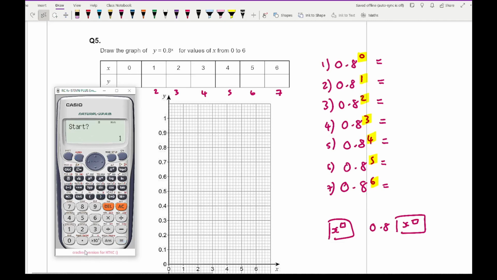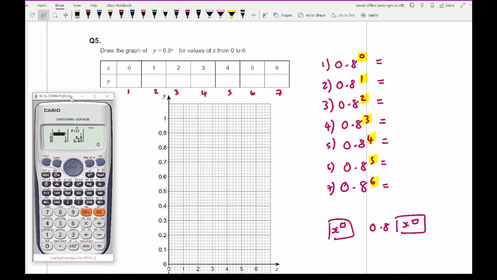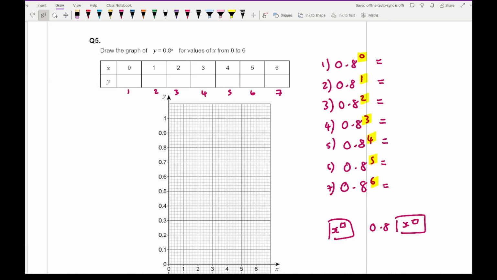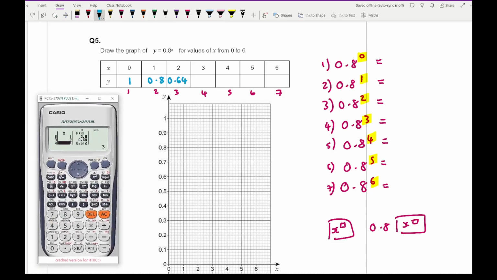Now my starting value is 0 and my end value is 6, and if I press equals, step is going up in 1, so that's fine. And there you can see on your f of x column it tells you the values you need to substitute in. So looking at the calculator, when x equals 0 it's going to be 1, then it's going to be 0.8, then 0.64, and then if I scroll down on the calculator, the next value is